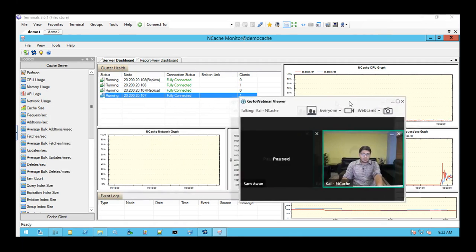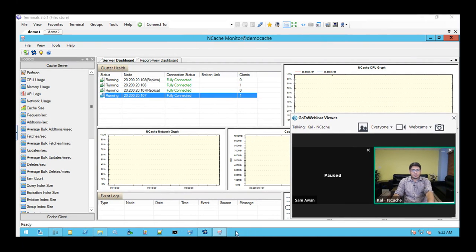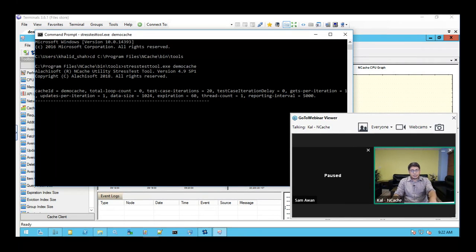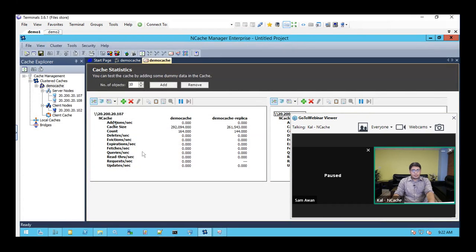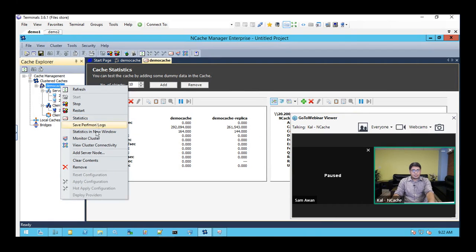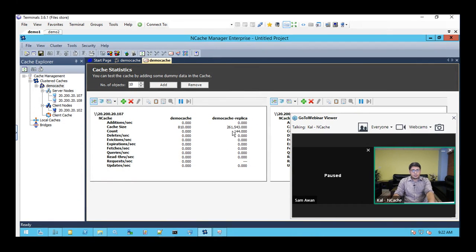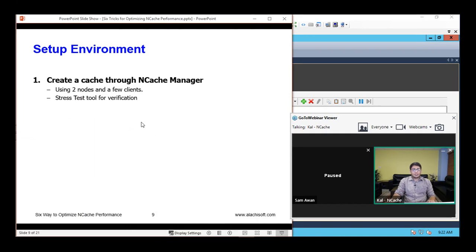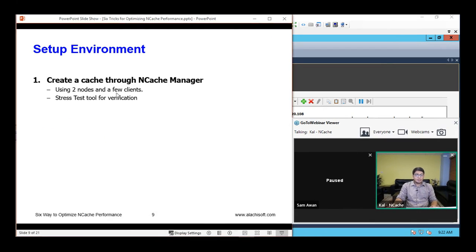This test was just to verify that the cache is configured correctly and everything is working just fine, and that has been tested. So I'm going to stop the stresses tool application now. Let's come back to the Encache manager. Let's clear this cache up so that for our further tests there are no items present within the cache. Now everything is showing up as 0. Let's come back to the presentation. So our environment is now set up and it's all ready. What we can do now is proceed with the slides.